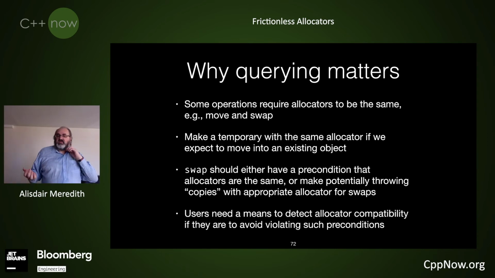Say swap, we have the precondition, which is what we have in C++11 containers, that the allocators are the same. The alternative behavior would be to say, okay, I will make two different copies using the appropriate allocators, and I can then just do simple swaps there, so that I can go with a wide rather than a narrow contract, but then swapping is no longer guaranteed constant time or non-throwing. So there's two different options there, but either way, I need to know what the allocator is.